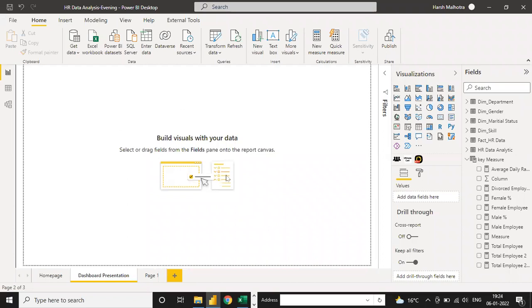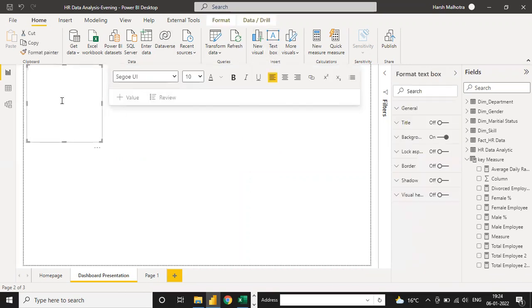So first we have to see our requirement on the basis of heading. So click on this text box. Go under the Home tab, you have this text box option. Click this text box and you can write here, HR dashboard. You can write a full insight. This is just your text mark. Okay, so you can do anything.